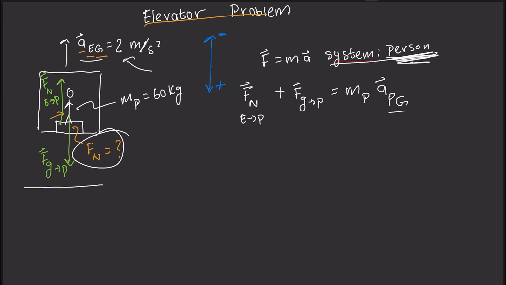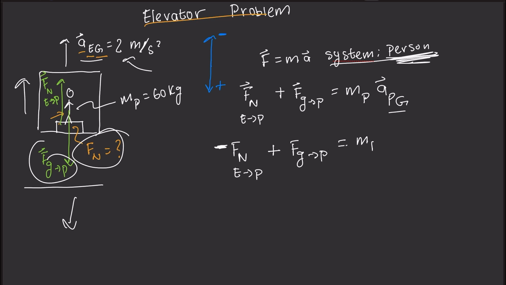Alright, so then let's continue and convert to scalars. The normal force of the elevator on the person is pointing up, and if you remember, up is negative. So negative normal force of the elevator onto the person, plus the force of gravity. If you take a look, the arrow is going downwards and down is positive. So plus force of gravity onto the person equals